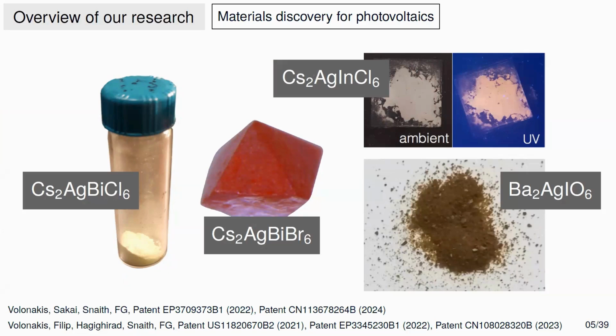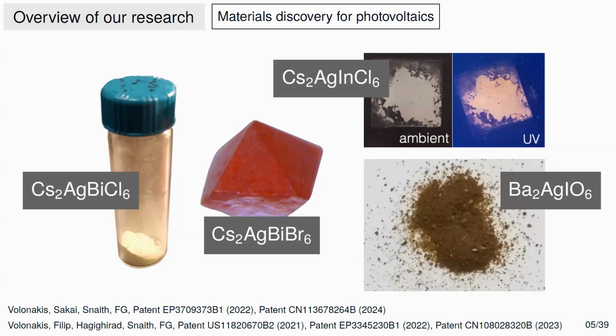So these things were not existing before our calculations, and these are basically these powders that look a little bit crappy here. They are something that now has been made into large single crystals. They are used in many devices, and they are mostly on this side halide double perovskites, and this was in an oxide perovskite. Actually, for all of those, we managed to file patent applications. We got some patents awarded. Some of them are licensed, and the postdocs who work on this, they're getting royalties every year for the use of these materials.